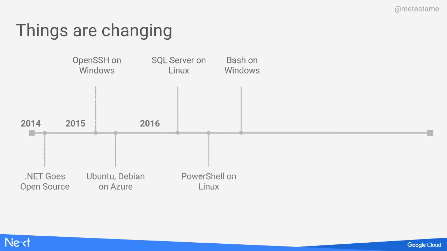After that, in 2016, it was probably the biggest year for .NET and Windows. We had the flagship SQL Server now runs on Linux. I mean, if you think about that, 3 or 4 years ago, you couldn't even think about that, and now it runs on Linux. Similarly with PowerShell, the PowerShell commandlets, they run on Linux. And then stuff also moving from Linux. So Bash now runs on Windows.